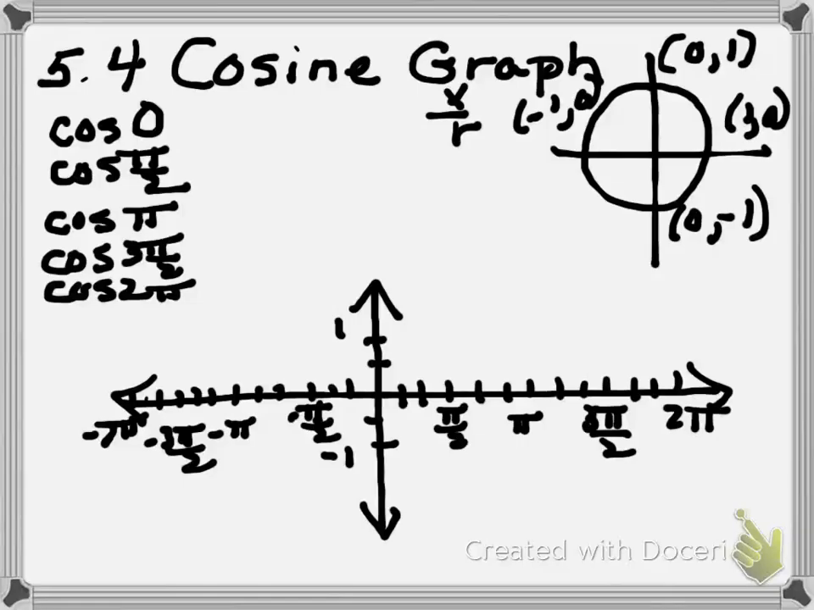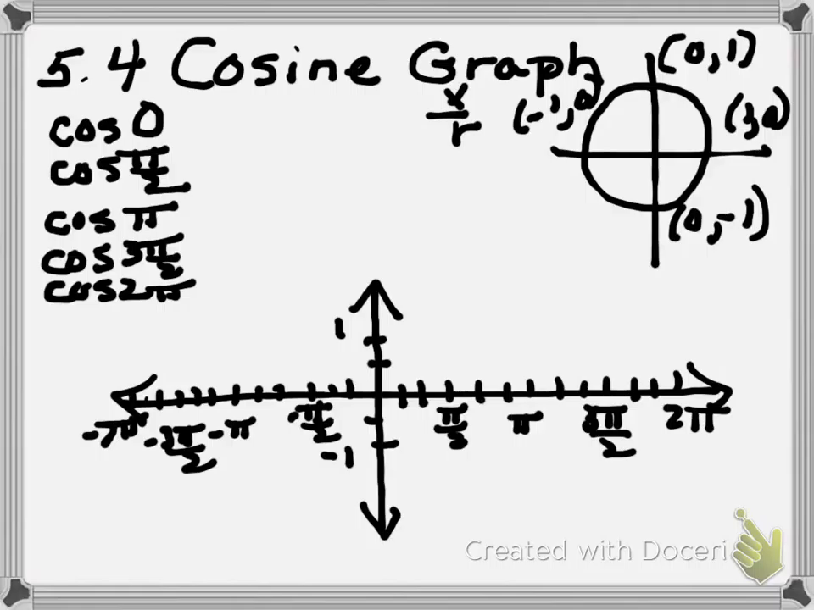So again, I want to take a look at a scale, preferably 3 units over for pi over 2, 3 for pi, and so on, 3 pi over 2 and 2 pi, and 2 units up for 1 and negative 1. That's preferable. I will be handing out some sheets that are not set up that way, but this is preferable. Then I want to take a look at the unit circle, and because cosine is x over r, we're